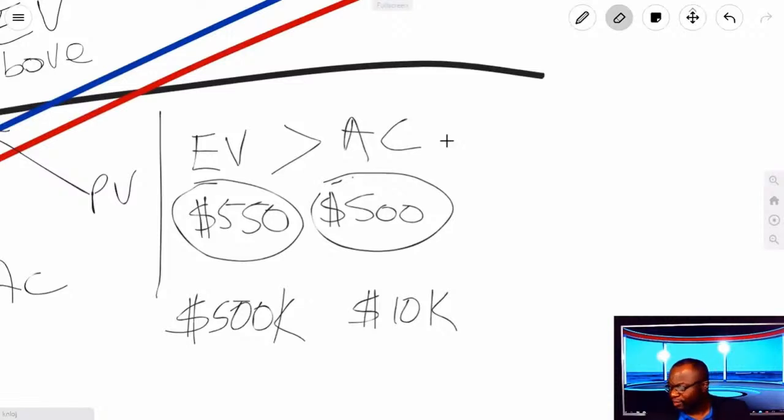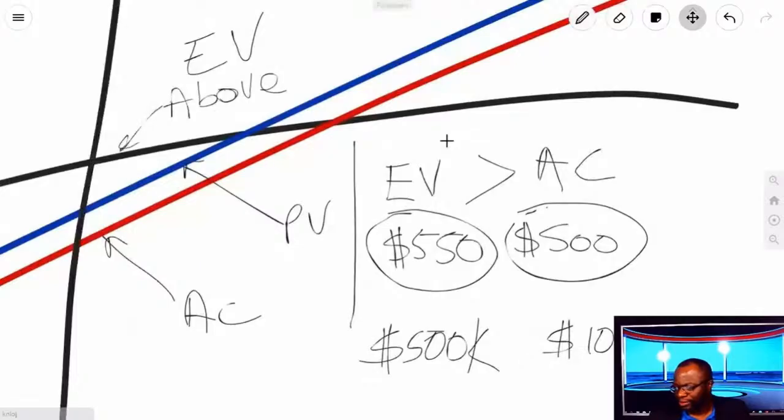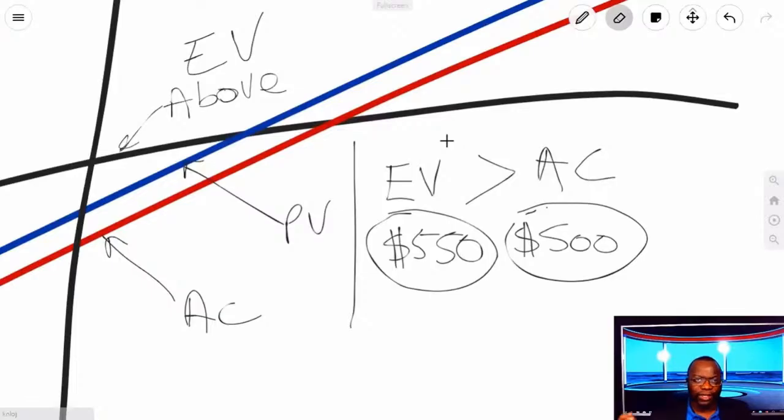Or in my example here, the lines are closer, of course. So we could say, I spent $500 and I got $550 out. That's the interpretation, you see? So that is how you look at these graphs. If EV is on top of everything else, meaning PV and AC, you're good all round. You're under budget and ahead of schedule. So it takes some getting used to get the right lingo, okay? Under budget is good. Ahead of schedule is good, okay?